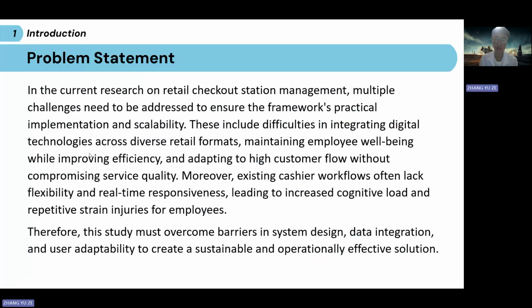And for the problem statement, in the current research on retail checkout station management, multiple challenges need to be addressed to ensure the framework's practical implementation and scalability. This includes difficulties in integrating digital technologies across diverse retail formats, maintaining employee well-being while improving efficiency, and adapting to high customer flow without compromising service quality. Moreover, existing cashier workflows often lack flexibility and real-time responsiveness, leading to increased cognitive load and repetitive strain injuries for employees. Therefore, this study must overcome barriers in system design, data integration, and user adaptability to create a sustainable